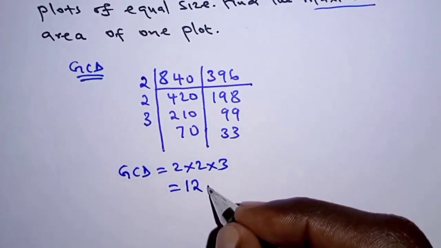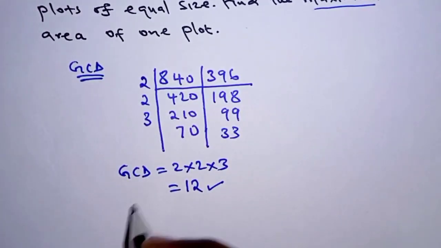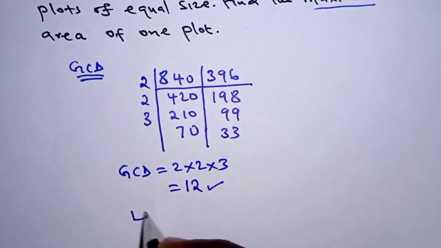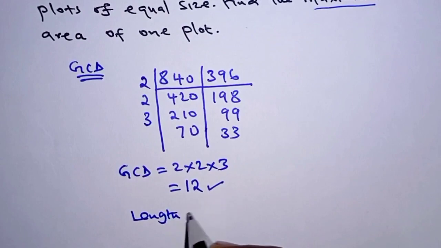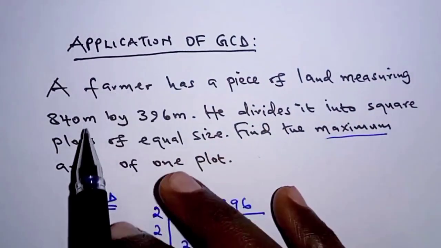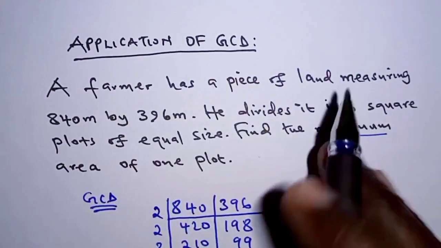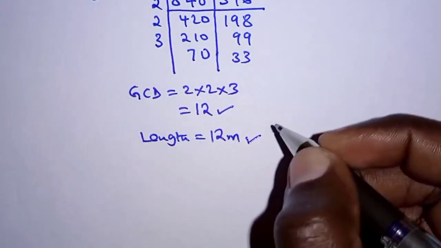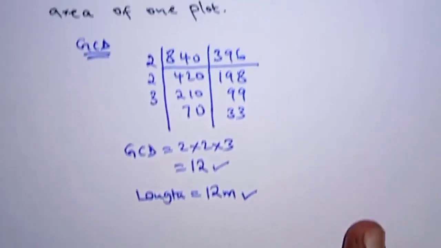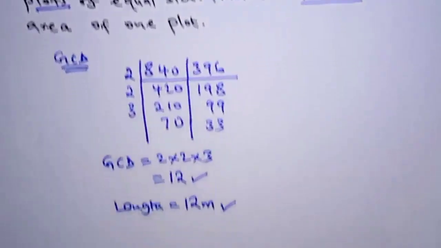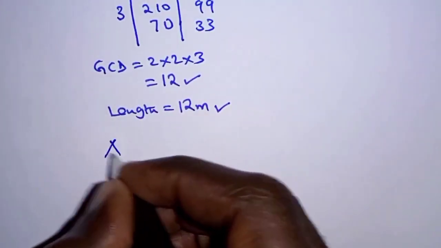Now this GCD will give us the length of a plot. So the length of a plot is 12, and remember it is 12 meters because the dimensions of the piece of land are also given in meters. So if this is the length of one plot, and remember they are square plots, that means the area of a plot